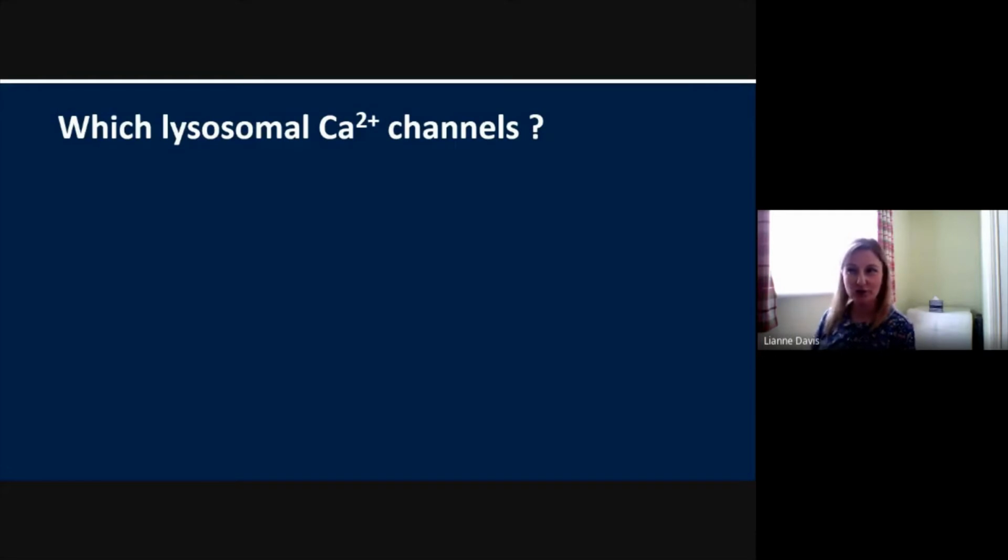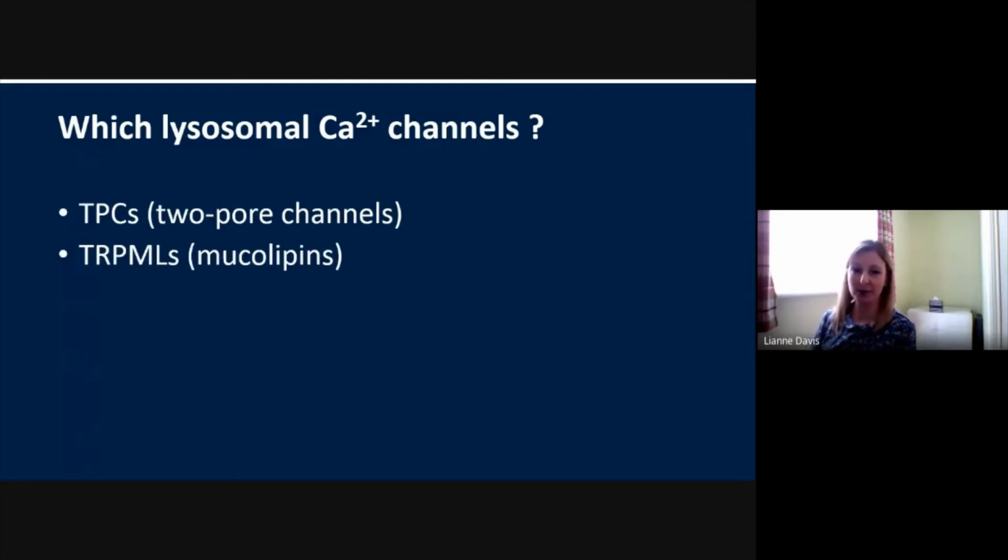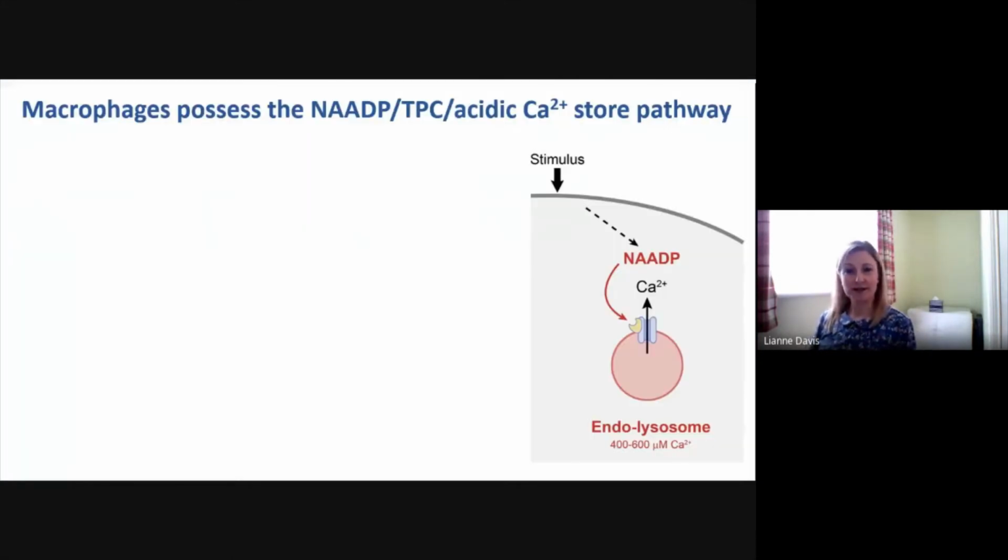In view of the potential roles of lysosomes, we investigated which channels might be involved, focusing on TPCs and mucolipins using pharmacological and genetic approaches. Our main focus was TPCs. We first asked if the NAADP-TPC pathway operated in mouse macrophages. Because NAADP is a polar messenger, we increase cytosolic NAADP by incubating cells with a membrane-permeant AM ester, a prodrug